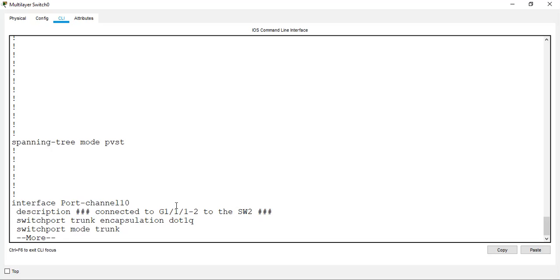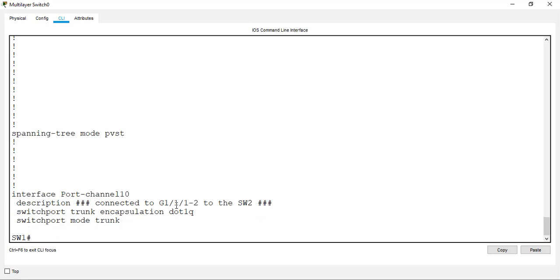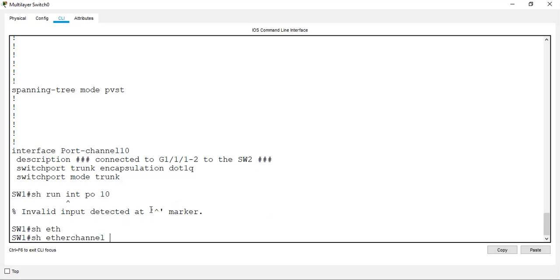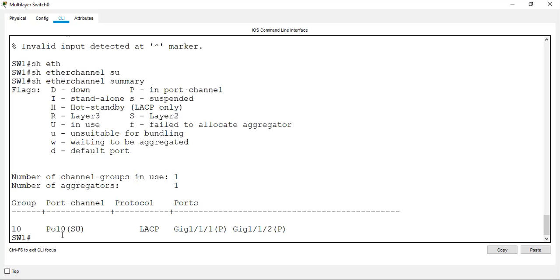Then in real routers or higher end models, you can put show interface, then the specific interface. But here the interface command will not work. Then you can go with show etherchannel summary, which will help you understand which ports are physically members of that specific port channel.